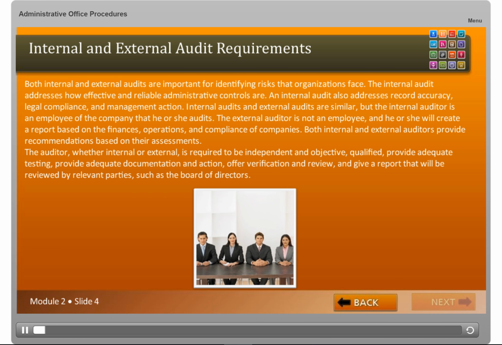Internal and external audit requirements. Both internal and external audits are important for identifying risks that organizations face. The internal audit addresses how effective and reliable administrative controls are. An internal audit also addresses record accuracy, legal compliance, and management action. Internal audits and external audits are similar, but the internal auditor is an employee of the company that he or she audits. The external auditor is not an employee, and he or she will create a report based on the